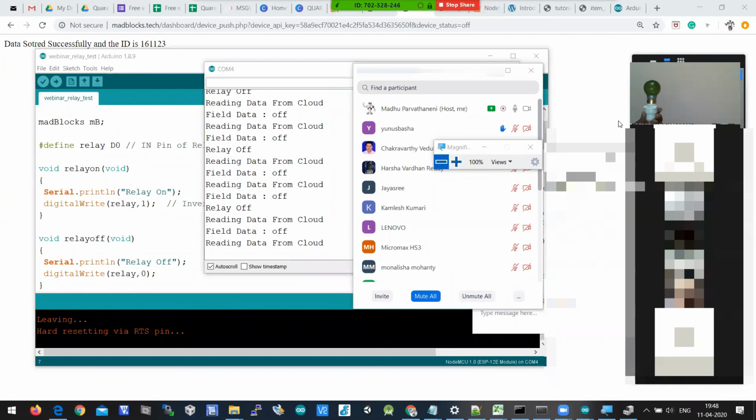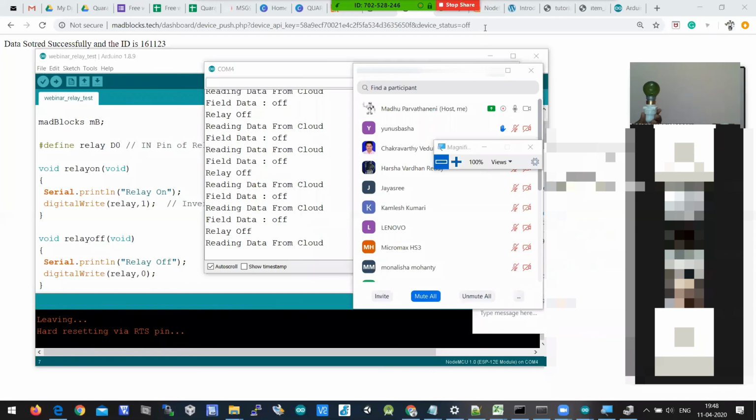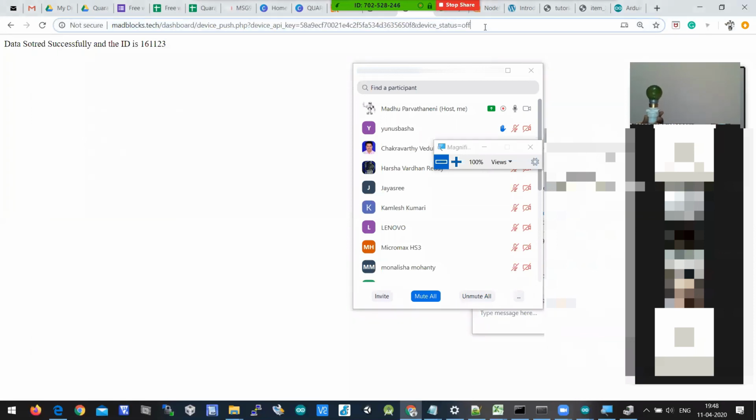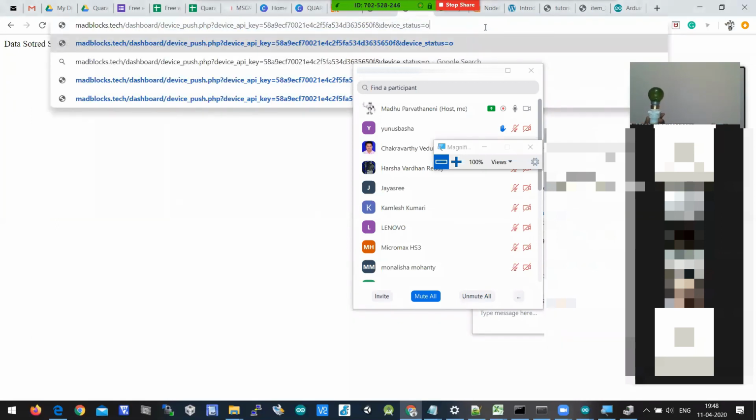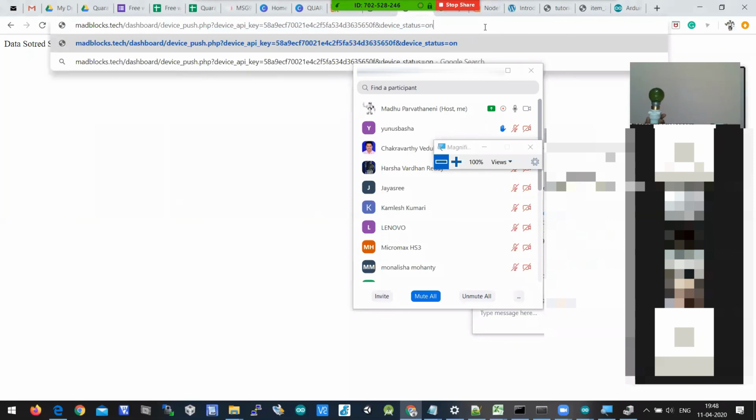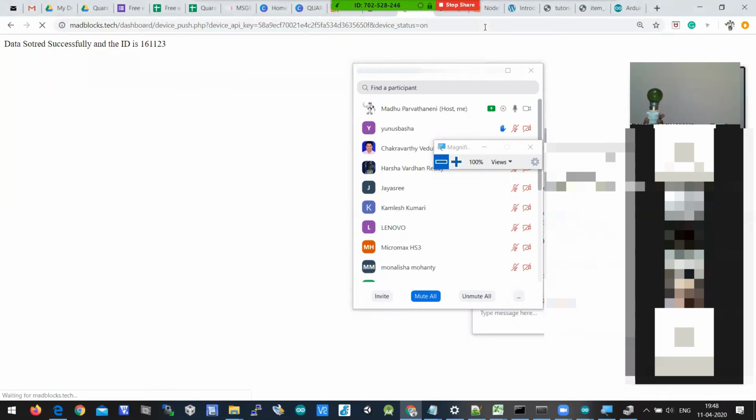Now relay is off. Bulb is off. I'm just sending on command. Enter, and I'm sending on command that sends data to cloud. And your bulb is on.